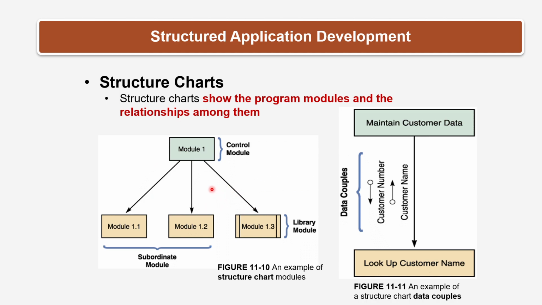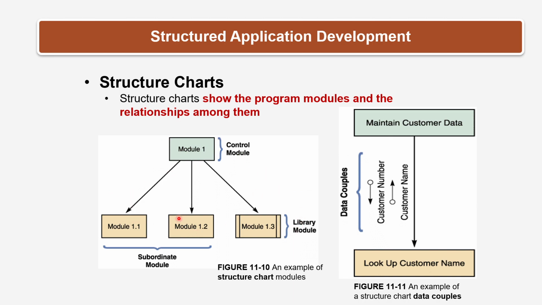A rectangle represents a module. Vertical lines at the edges of a rectangle indicate that a module is a library module, as you can see in this figure, so reusable code that can be invoked from more than one point